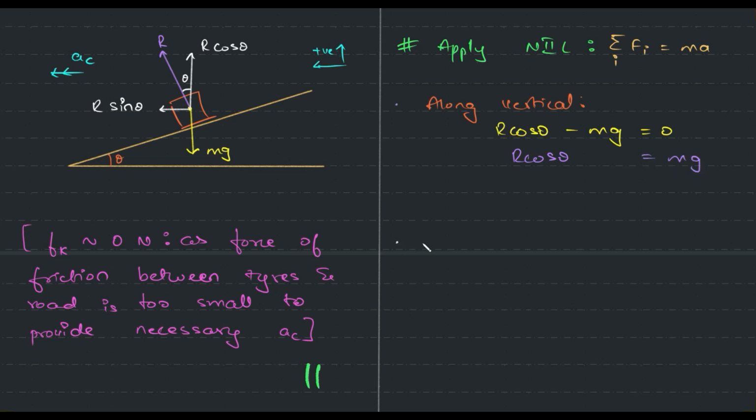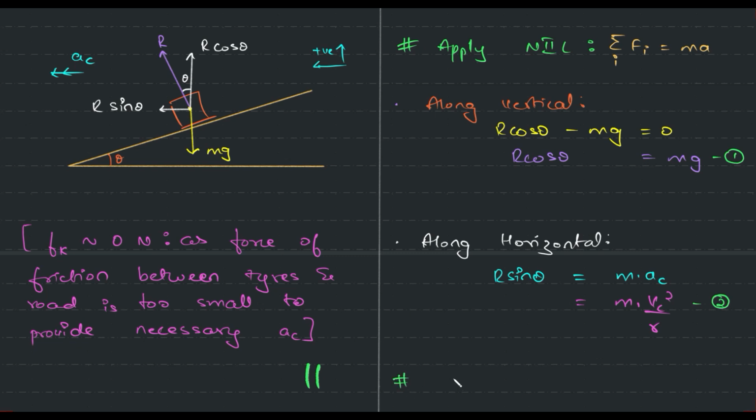Then we have along the horizontal. Again guys, just write what is obvious, don't think too much. R sin theta provides all the necessary force. We're accelerating here, so it is equal to this particular expression, and this I can further write as m v square by r. We are trying to figure out the vc expression, so I'll call this 1 and 2,